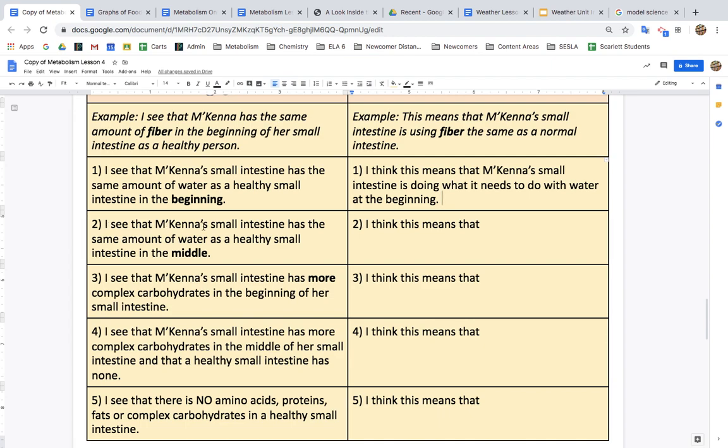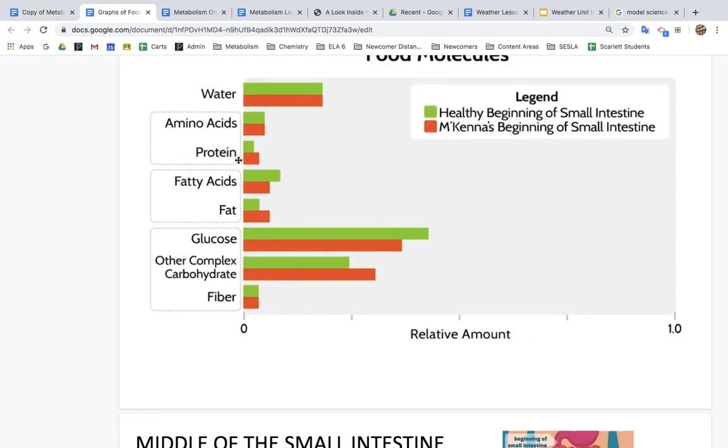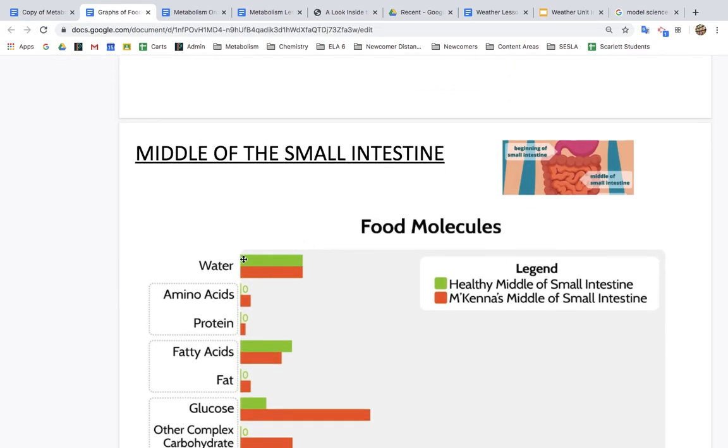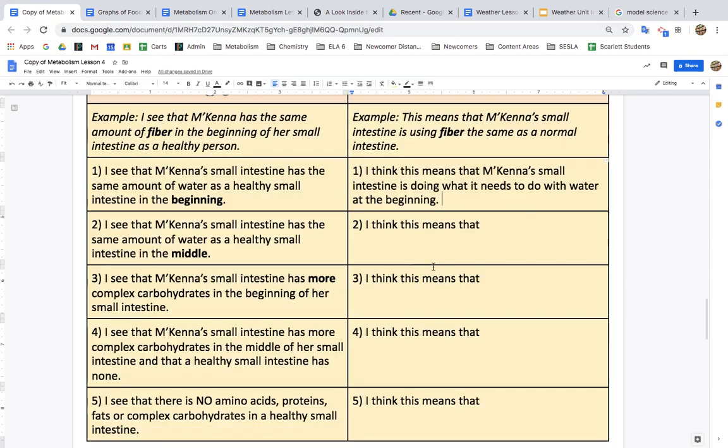Next, I see that McKenna's small intestine has the same amount of water as a healthy small intestine in the middle. So in the middle of her small intestine, it still had the same amount of water. I think that means that even in the middle of her small intestine, whatever her body is doing with water, it's what it's supposed to be doing. So again, I think this means that McKenna's small intestine is doing what it needs to do with water at the beginning, in the middle,